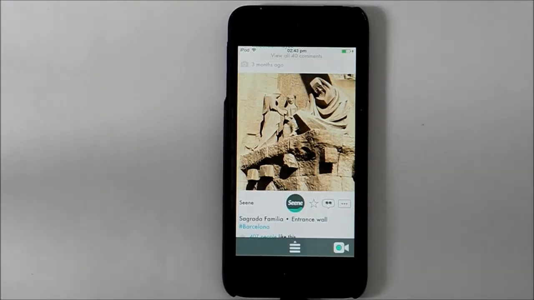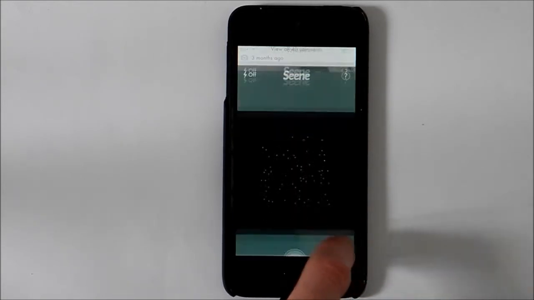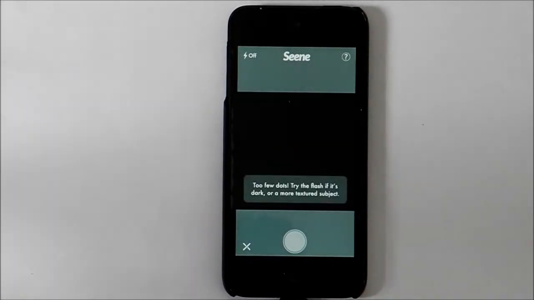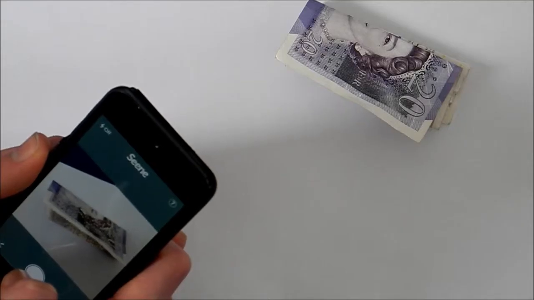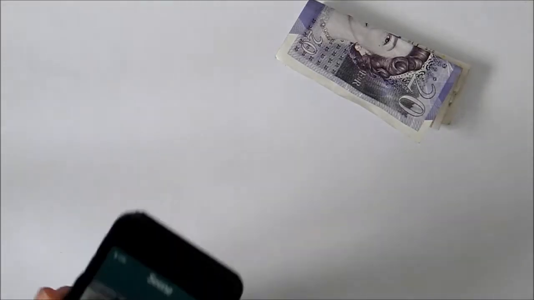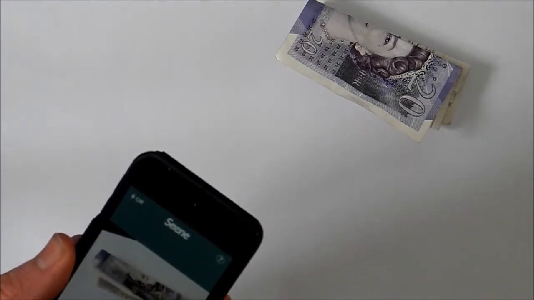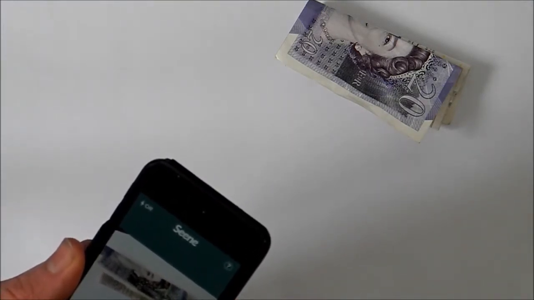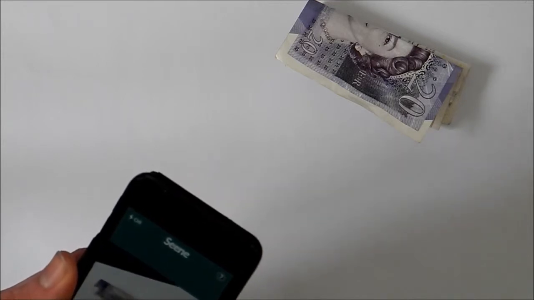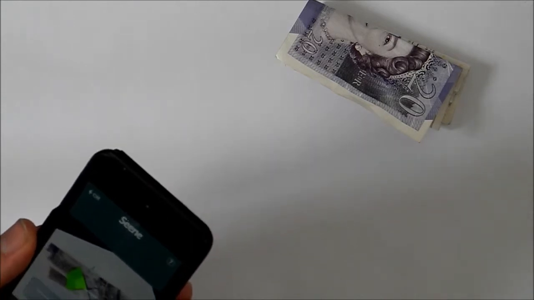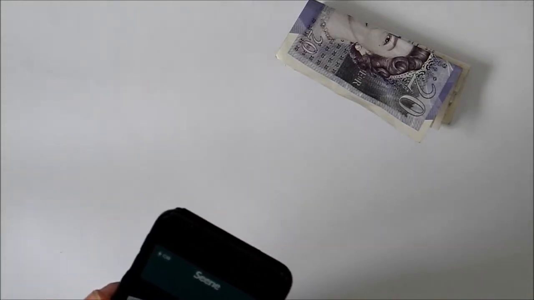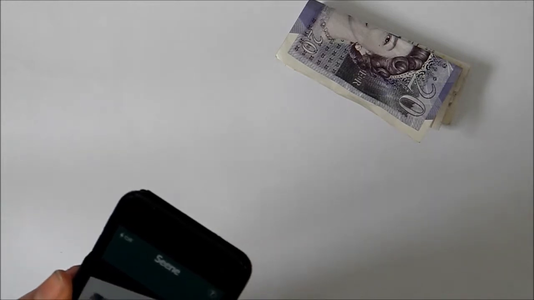So to scan in an image, just tap on the little camera icon down at the bottom and it will come up with this black screen, obviously because it's up against something. Now I can't really find anything that good to scan, so I've just got some money here, we'll scan in that. To scan an image, just put your device straight on, head on as you want it to be seen, and press the photo button at the bottom where your normal camera button would be. It will then show a little thing on screen showing you which way to move, and you want to move around the image so all 4 segments